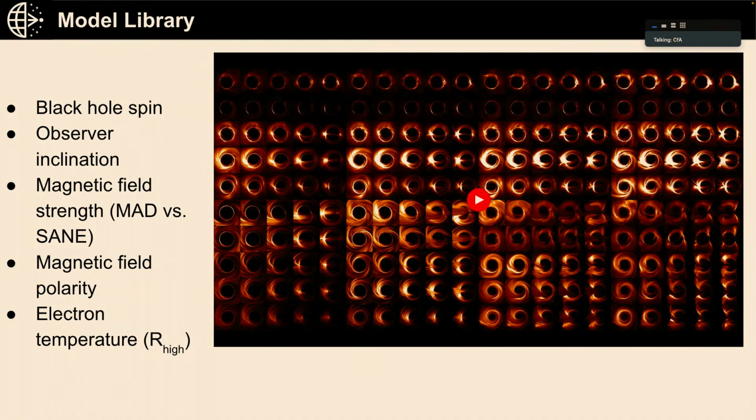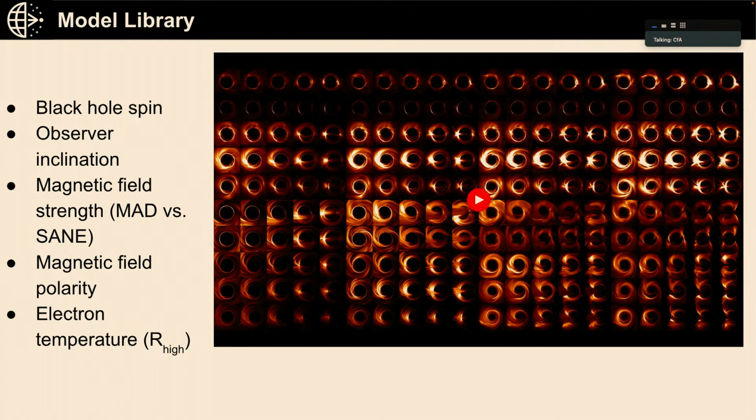the black hole spin. The black hole can be spinning with a positive or a negative sign, implying a co-rotating or counter-rotating accretion flow. And then the value of that spin goes from 0 to 1 in the extremal case. We vary the observer inclination, unlike for M87, where we have a good idea of what the inclination is by looking at a large-scale jet. For Sagittarius A star, we don't have any idea what the inclination of the accretion flow is with respect to the observer. So we sample that from face-on clockwise at 0 degrees all the way to face-on counterclockwise at 180 degrees, and 90 degrees would be an edge-on view of the flow.